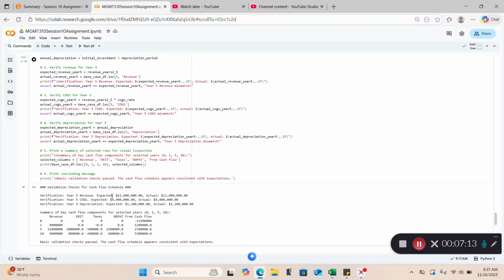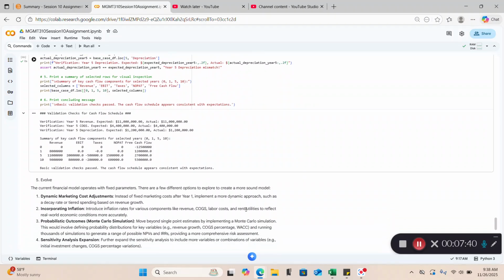So you see with the verification for the year 5 revenue, our expected was 11 million and our actual was 11 million. For year 5 cost of goods sold, expected was 4.4 million and the actual was 4.4 million. And again, with the year 5 depreciation, our expected was 1.2 million and our actual was 1.2 million. Because these validations are passed, we can assume that the cash flow schedule is consistent with our expectations. After that, we can move on to our evolve